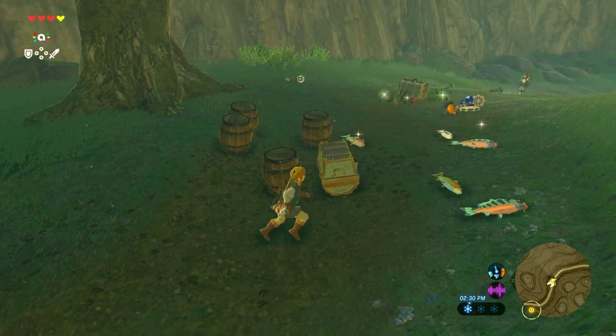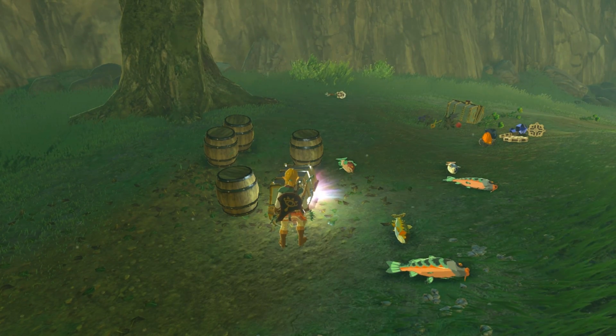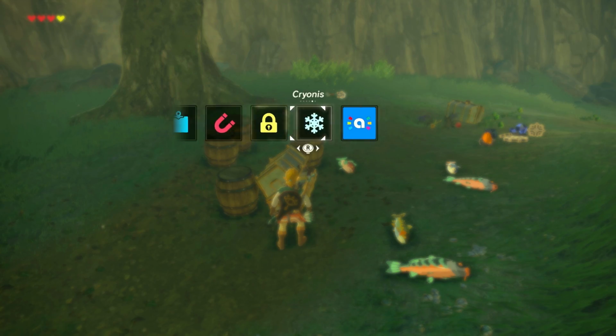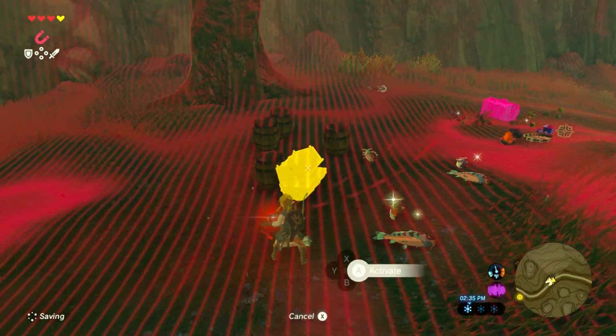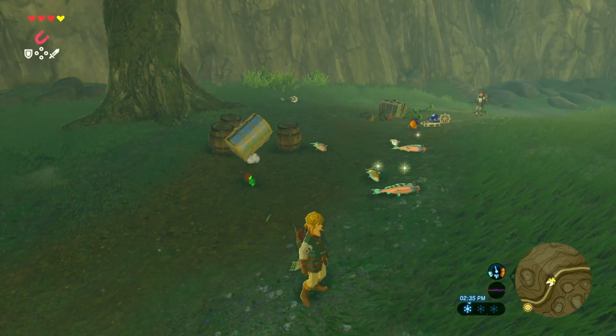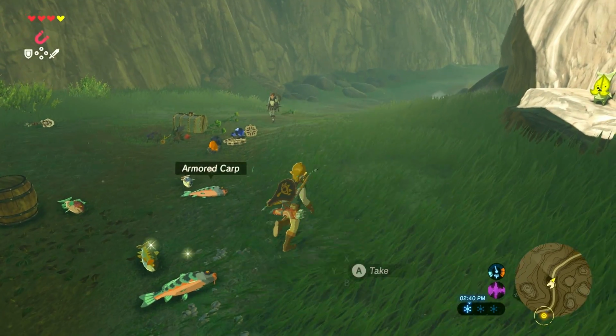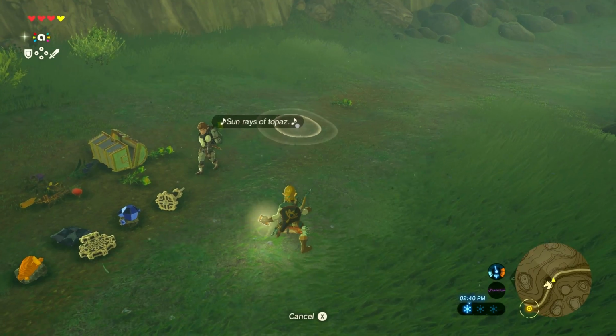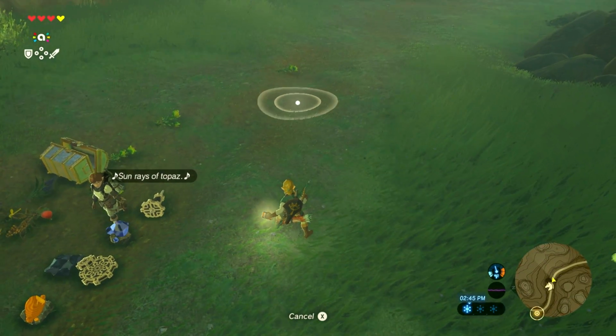This one and Ganondorf give you barrels, so you have to actually break those open. I tend to use the chest to do that. We got some more shock arrows. But yeah, you can pick up the chest with Magnesis and just smash these to get some rupees and stuff like that. They'll have rupees and arrows in them. Let's move on to the Smash series here, though, and see if we can get some nice clothing for somebody